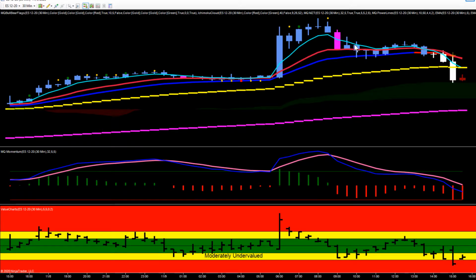This bar opened right here, left a little topping tail, and then it actually pushed down through the 13 EMA, but then bounced off the 21. Left a bottoming tail right there. Next bar opens right here, little push into resistance, pushes back down, then leaves another bottoming tail bouncing off the 21. This bar opens right here, pushes down, leaves a little bottoming tail,